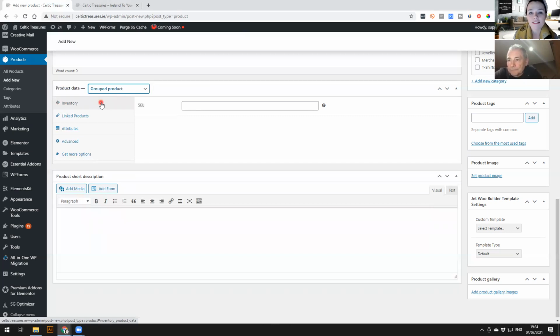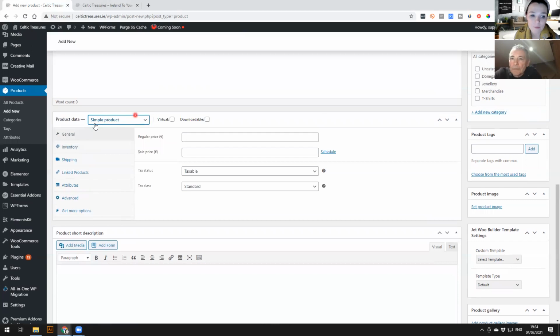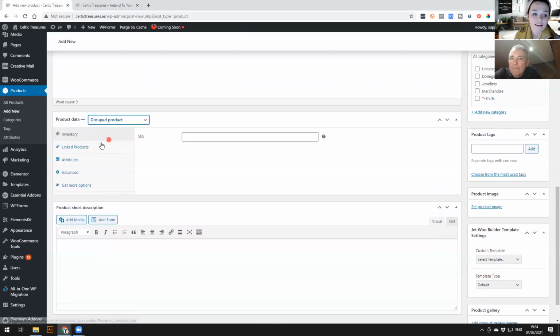She's grouped different classes of her fitness products together, so she can display them as ones that are more rigorous exercise versus ones that are more gentle exercise. So you would set things up first as a simple product, and then you can group them afterwards here. I don't think you'll be really grouping things. I think for you, it's going to mostly be